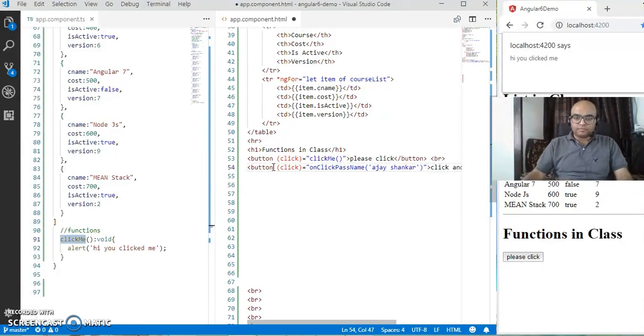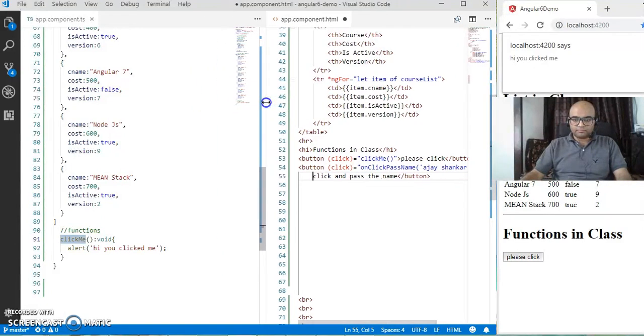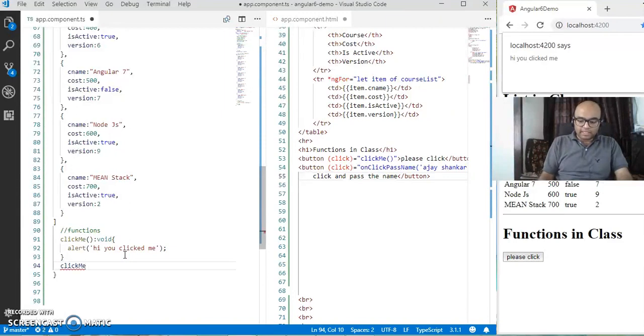So as I said, I have added a directive, and I have added a user defined function also to it, but I need to declare this function in my TS file as well. So let's see how we can do that. I will go at the bottom and create that function,